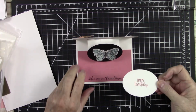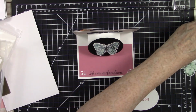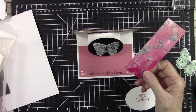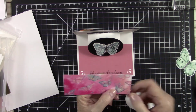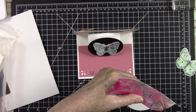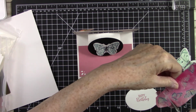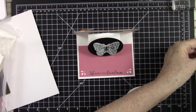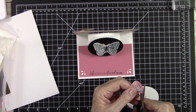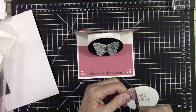Now we're going to take this, and I would love a small butterfly. And you know what? This paper right here lends itself to some little small butterflies. Look at that one. So I'm going to actually cut out, and I'm just going to kind of circle cut it until I get that piece out like I want it. These other ones are a little bit too large for what I wanted, so I'm just going to come in